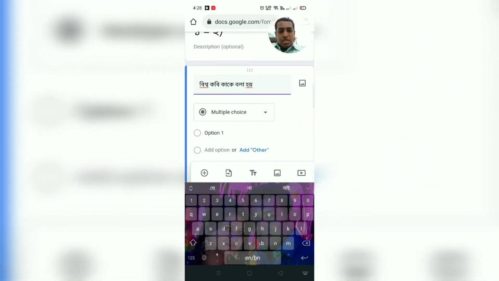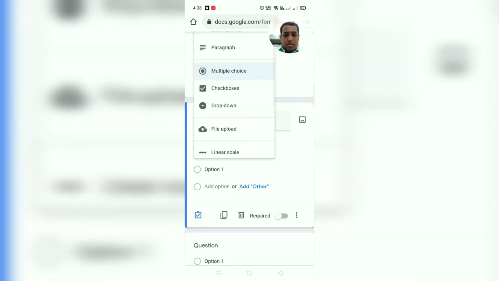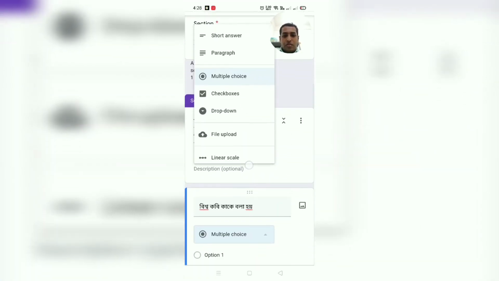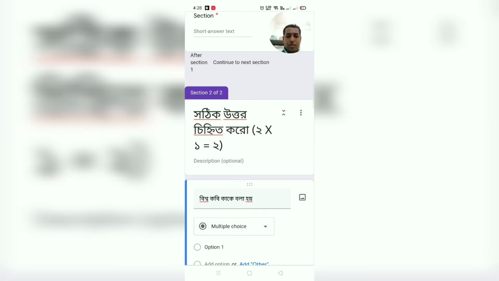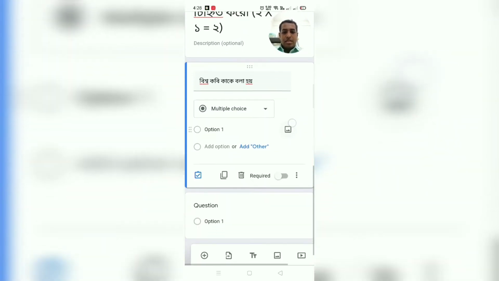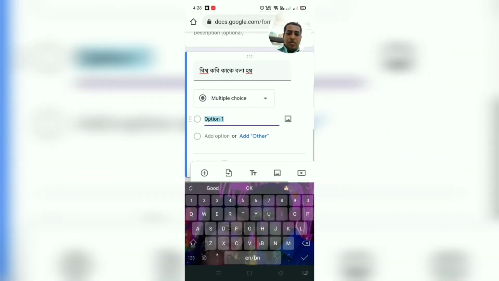Multiple choice questions. We have different options here. So from here obviously we'll go for multiple choice questions like this, and the options will be